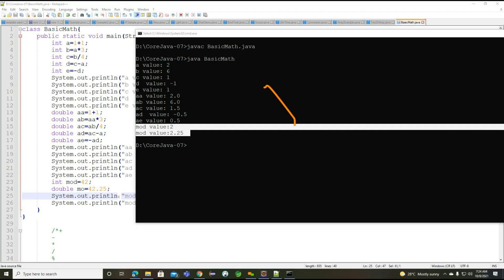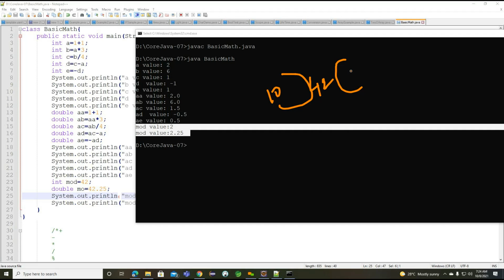So what you need to understand is how the modulo operator works. Let's see. Getting the point?